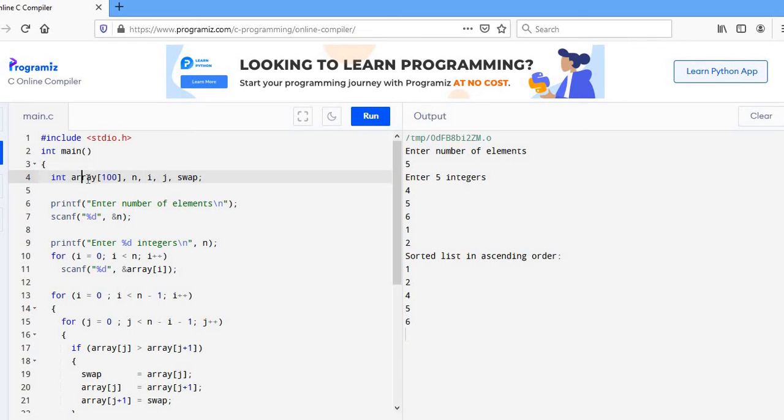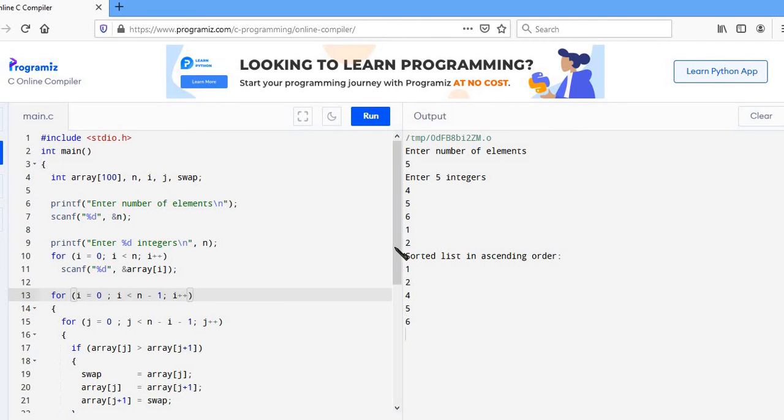The 100 means the maximum the program can handle. So we are only working on 5 integers. So n is 5. Then printf, enter 5 integers. For reading you need to read 5 times, for all the 5 elements. So I'm using a for loop here. For i equal to 0, i less than 5, i plus plus. Then scanf percentage d at the address of array of i. The first time it executes, array of 0 will be the first number. Second time i will be 1, so array of 1 will be your second number. So array of 4 will be your fifth number, right?